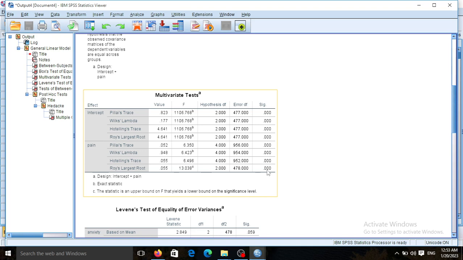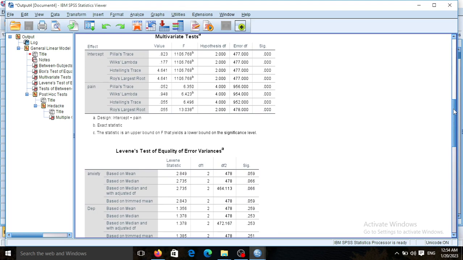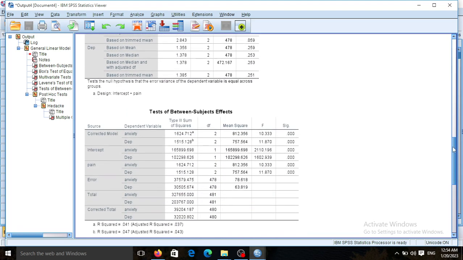association in this study. So as my correlation coefficient was more than 0.7, I choose Roy's largest root test, and I can conclude that there is a significant association between headache and anxiety score, or the depression score. Now I need to know which one of the features, which one of the outcomes, I mean the anxiety score and the